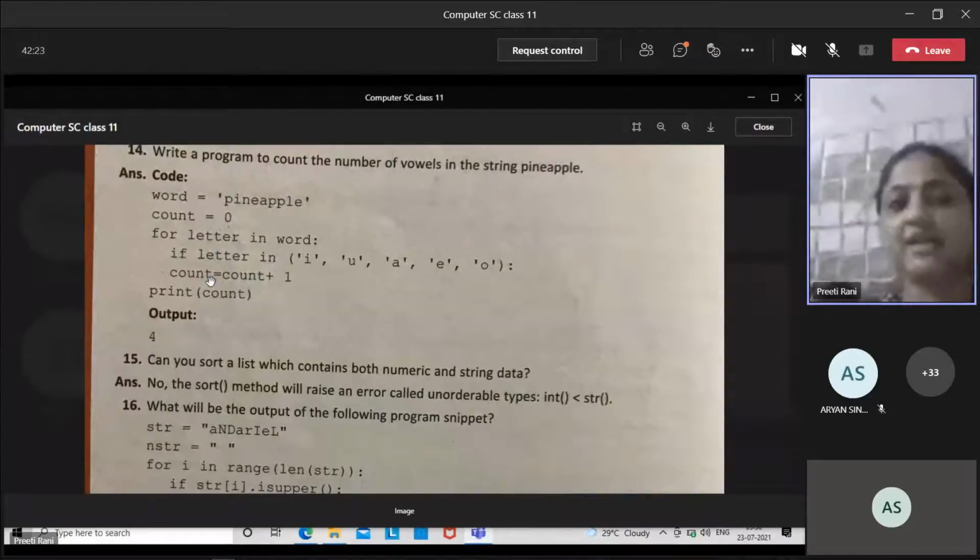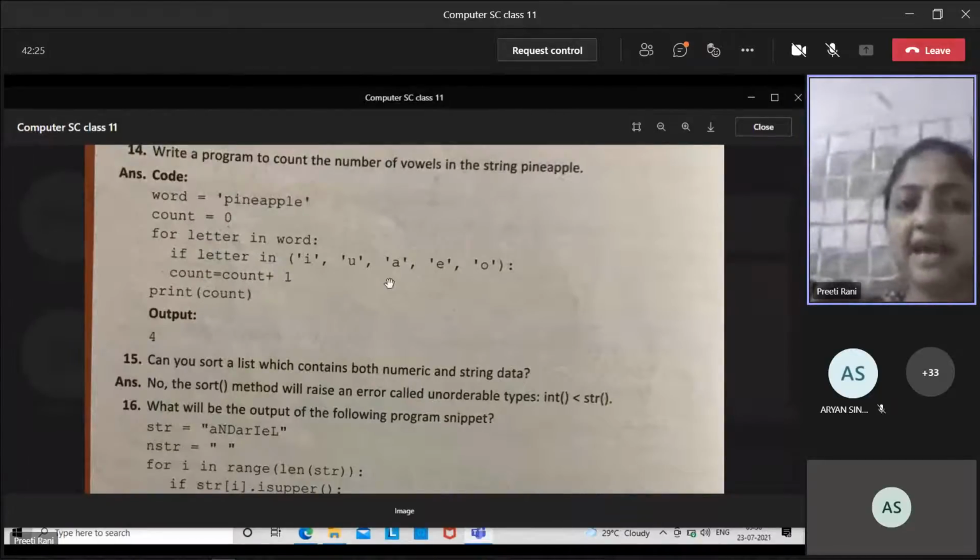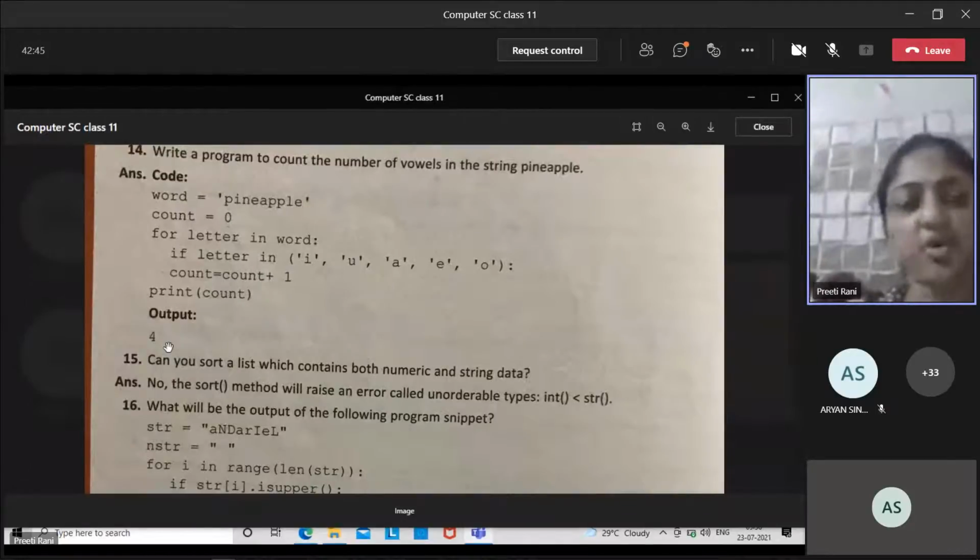What is the value of count now? 1. Now N. N is there? No. E is there? Yes. 1 count हो गया 2. A is there? Yes. 3. P not there. L is not here. E is here. So how many letters will be there? According to the vowels list? 4. Is this okay?